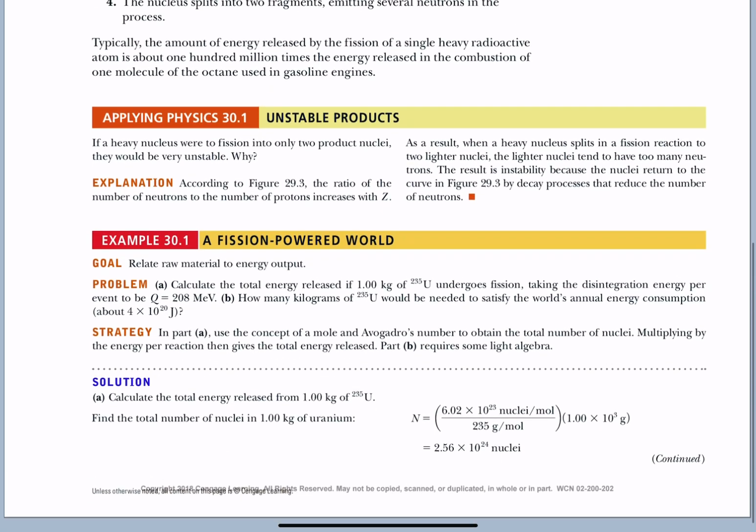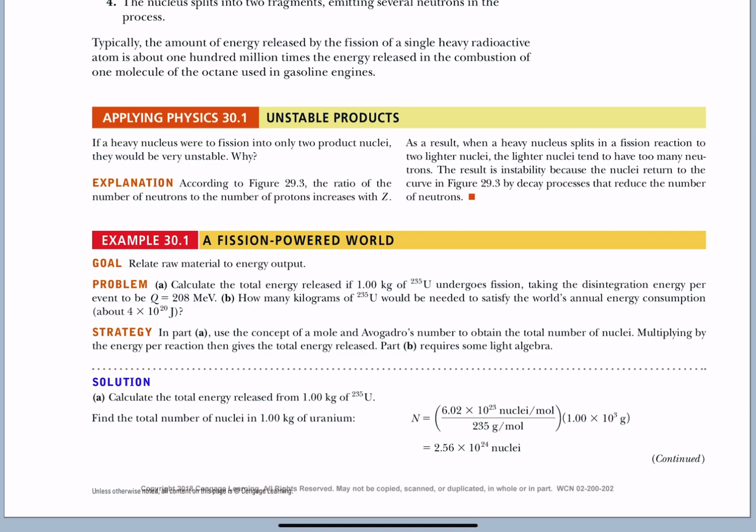If we look at example 30.1, the math problem: calculate the total energy released if 1 kilogram of uranium-235 undergoes fission, taking the disintegration's energy per event to be Q equals 208 MeV. On the previous page we estimated about 210 MeV per nucleus. And then we got part B. How many kilograms would be needed to satisfy the world's annual energy consumption, which is about 4 times 10 to the 20th joules? So the first thing that we're going to do is go from